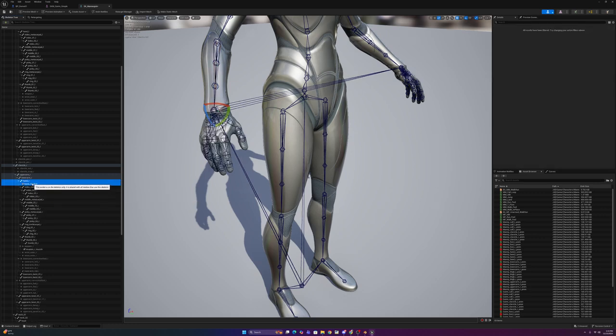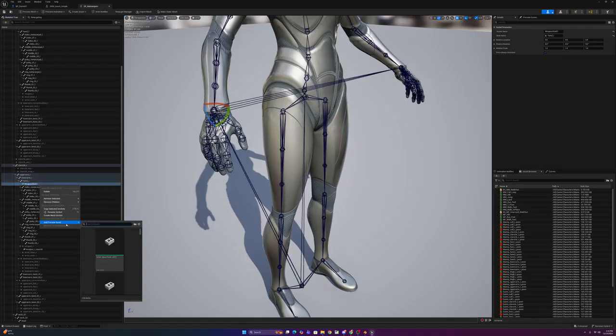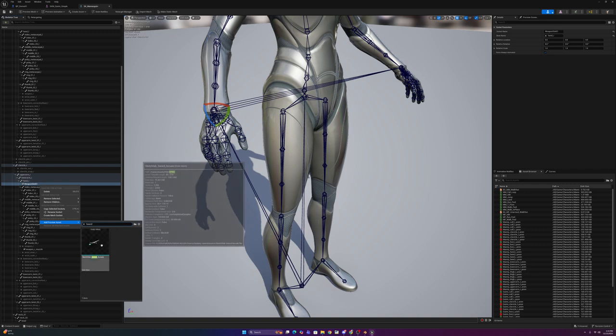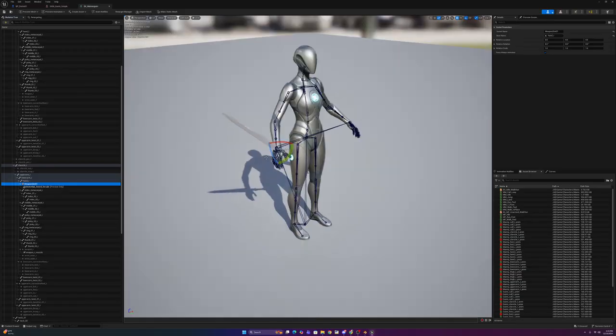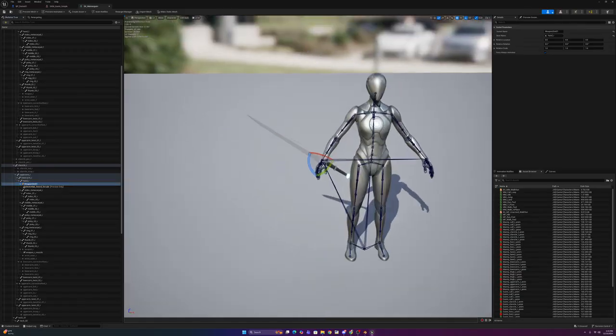And so this is going to create a new socket, and I want to name this. So I'm going to rename this thing, let's just call it weapon slot 01, or you could say sword, whatever you want to do. And so I'm going to use this weapon slot 01, and then I'm going to right click this and I'm going to add a preview asset, and now I'm going to type in sword. I'm going to add that sword to it that we've created, or we didn't create, we just downloaded it,